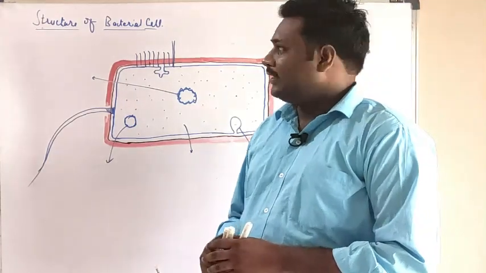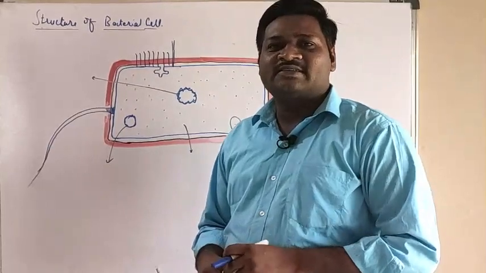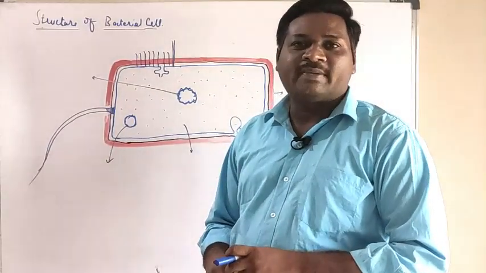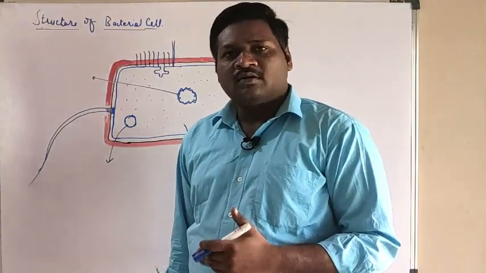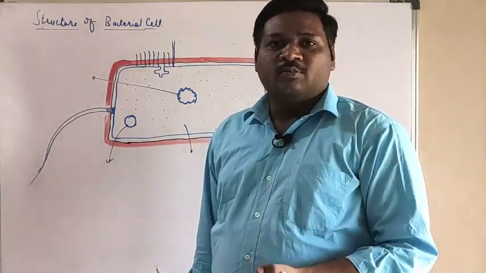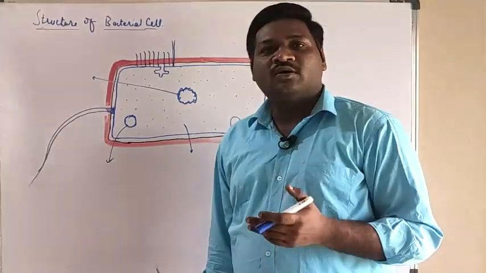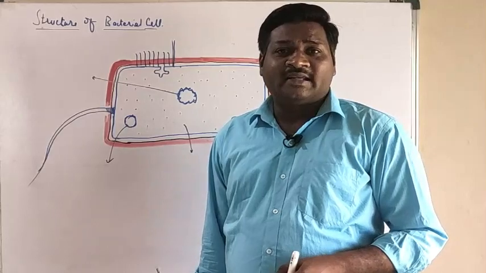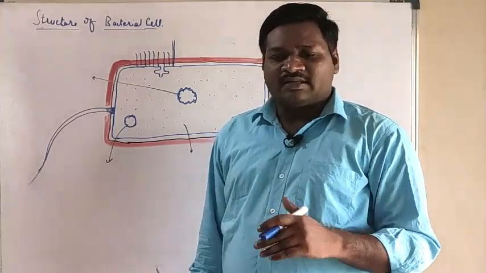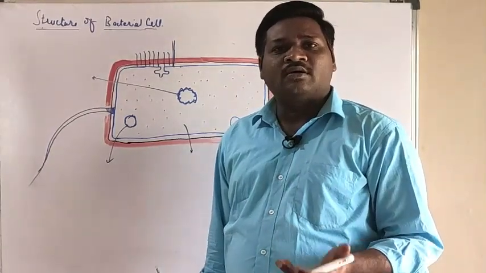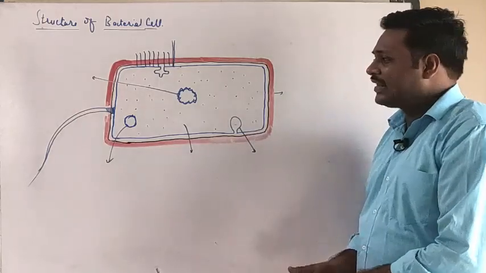Hello students, in this part we will be talking about the structure of bacterial cell. In the last session we discussed various characteristic features of the bacteria, like shape, flagella, mode of nutrition, mode of respiration, mode of reproduction, and the nature of the bacteria on the basis of the staining technique, whether the bacteria consist of more peptidoglycan or less peptidoglycan. Now, in this session, we will be talking about the structure of bacterial cell.